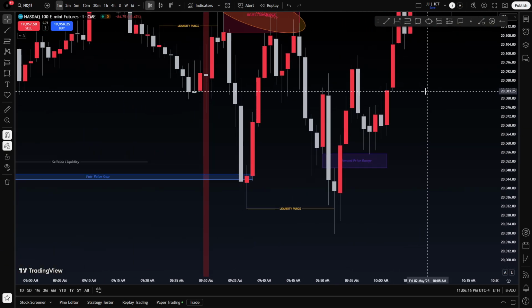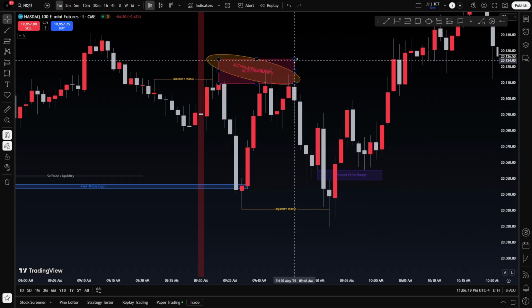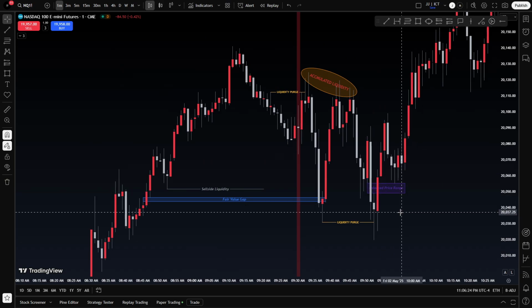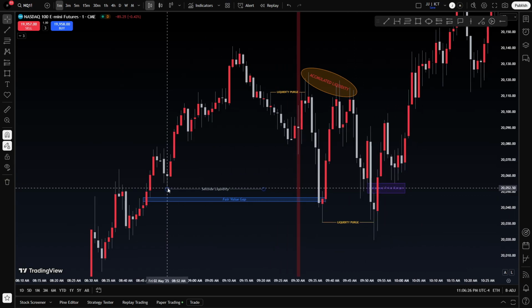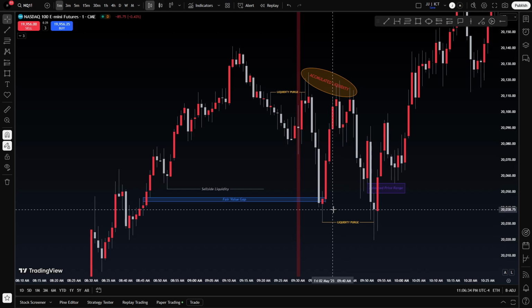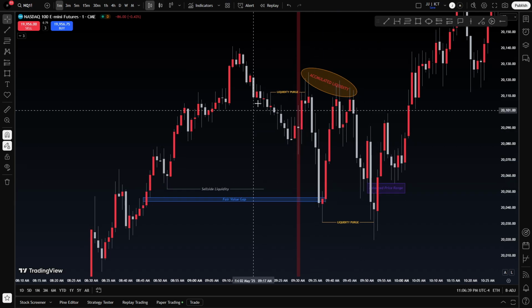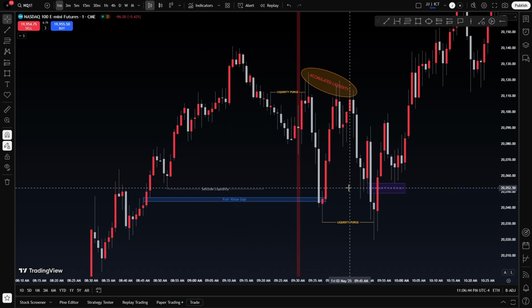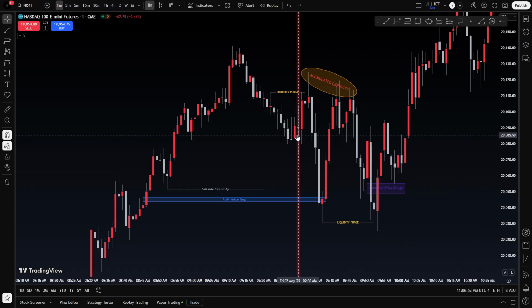Now, where is the liquidity engineering? Where is it? Okay. The liquidity engineering was price continuously seeking a temporary discount, and it did that by filling fair value gaps and seeking sell-side liquidity continuously without showing any bullish momentum. That entire thing, of it just not showing any bullish momentum and seeking sell-side liquidity, that's your manipulation. Okay, because mind you, another thing to tell if it's engineering liquidity is whenever it is seeking, for example,